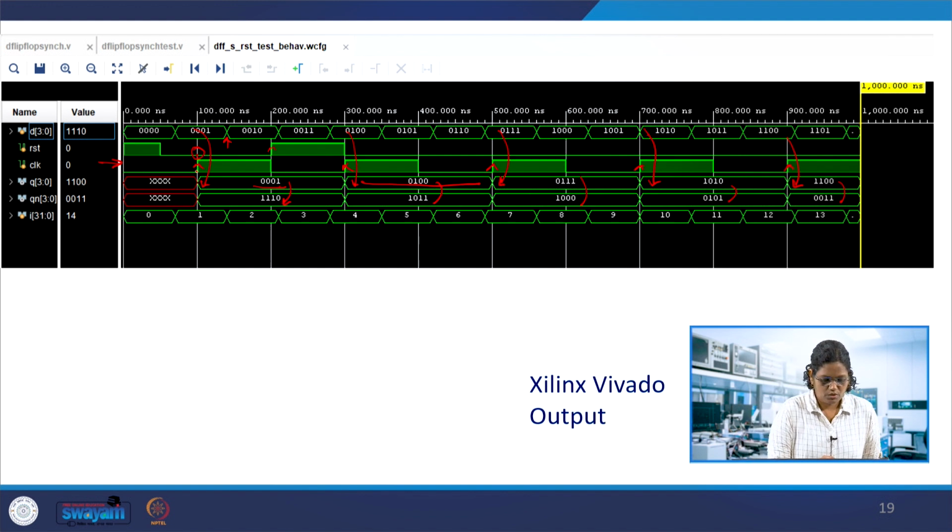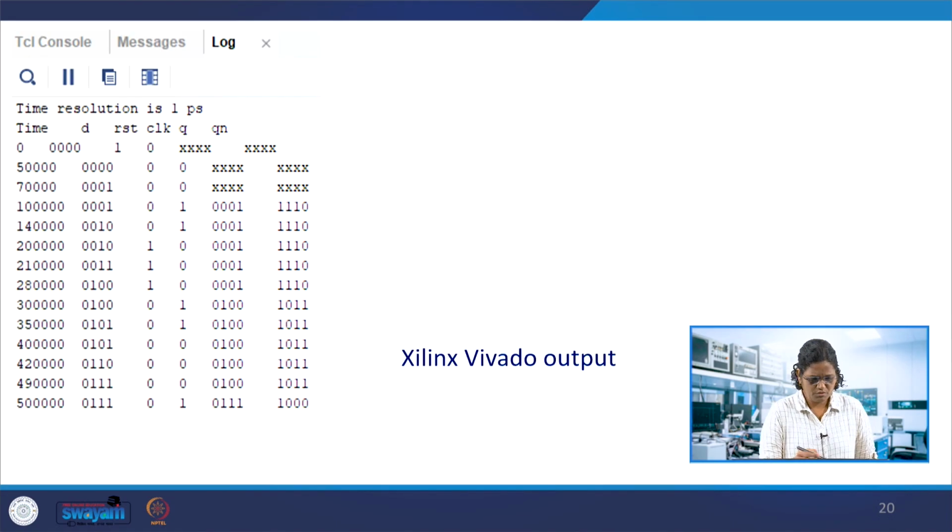Okay, so this reset is 0. Though the reset is becoming 1 here, you can see it doesn't transfer this code data to Q. This is the increment of I, which is shown over here, 0 to 1, 12, 13 and so on. So the Vivado print outputs are shown over here, at 50 nanoseconds and then 70 nanoseconds.